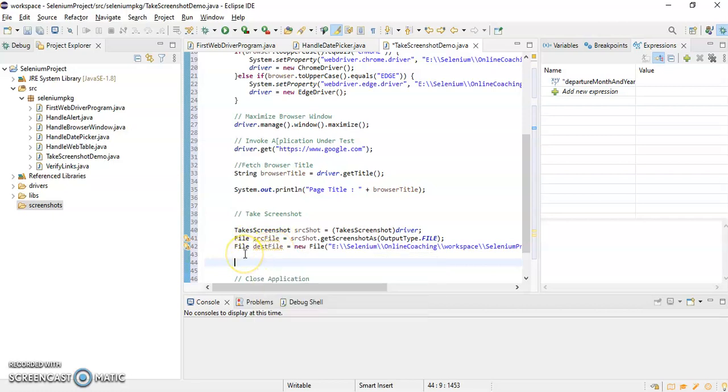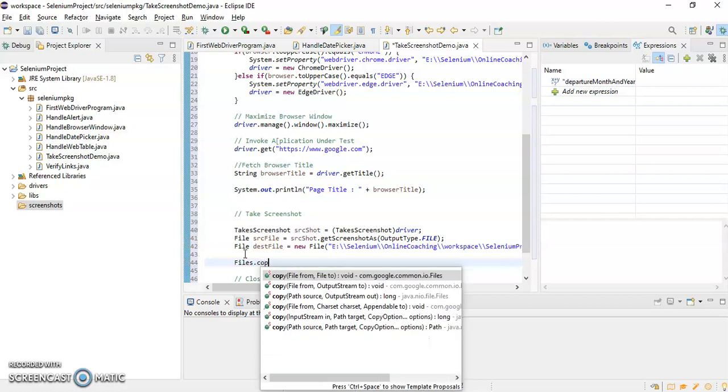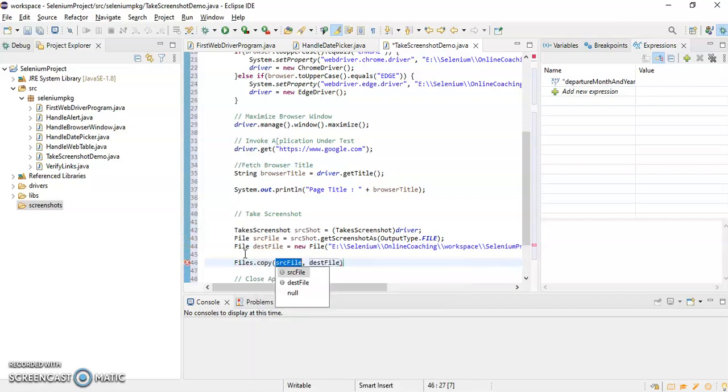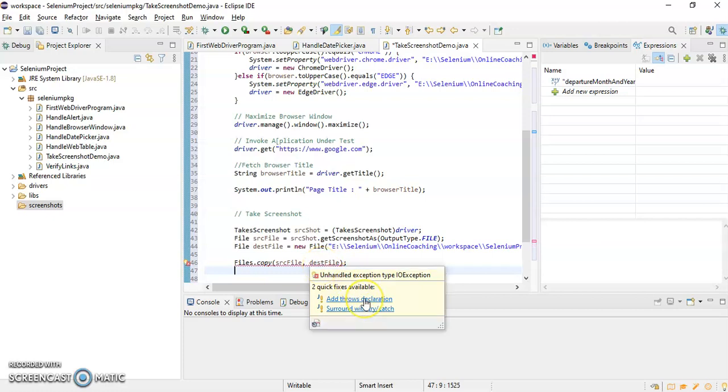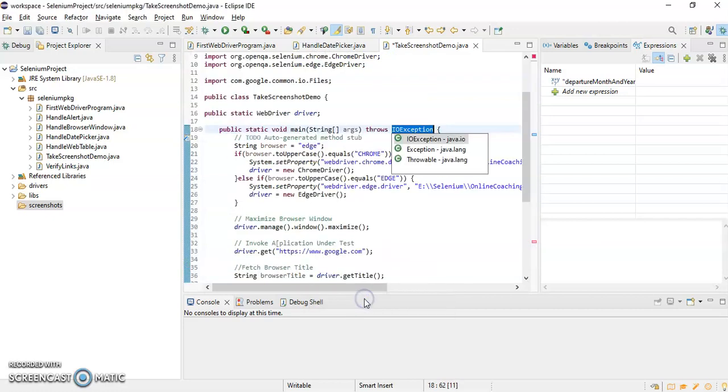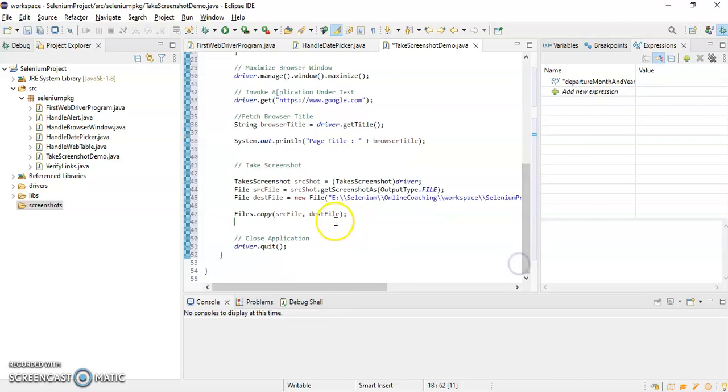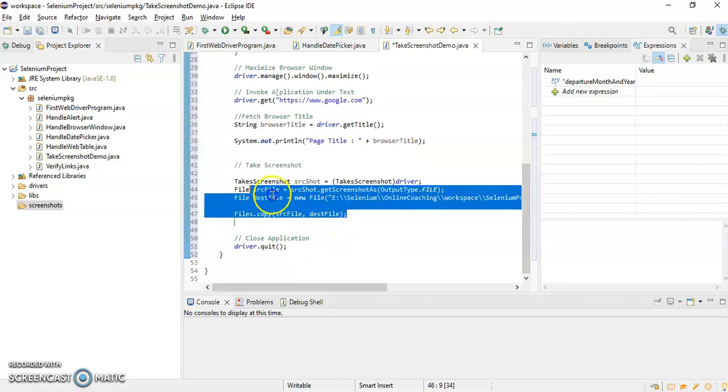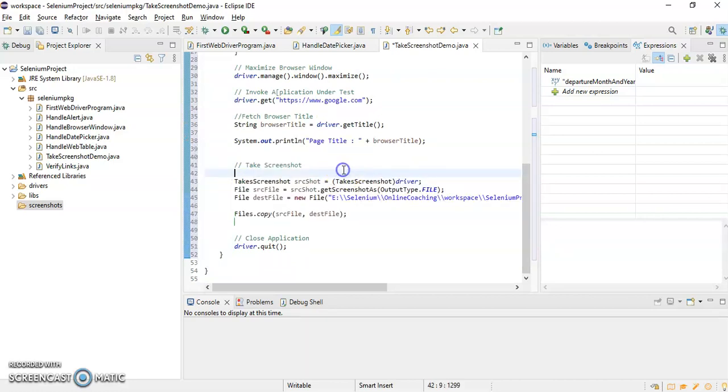So I can write Files.copy, source file to destination file. That's it, and it will throw one exception, an IOException, which has to be handled. So let's run this script and check whether it is working as expected or not.